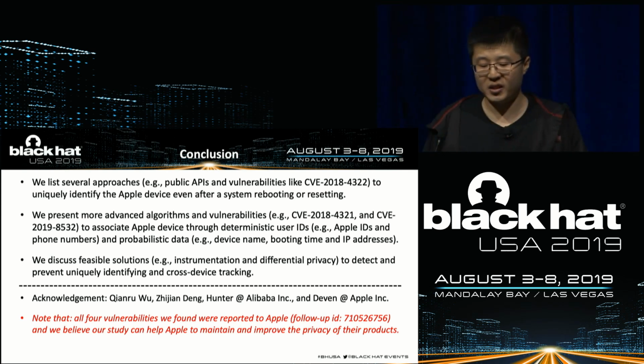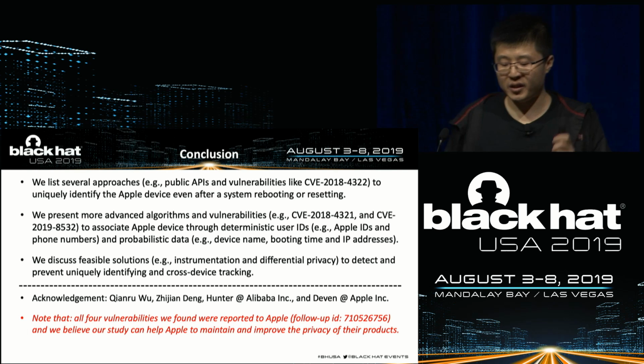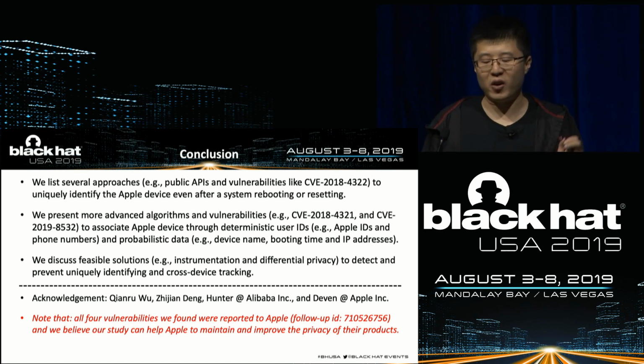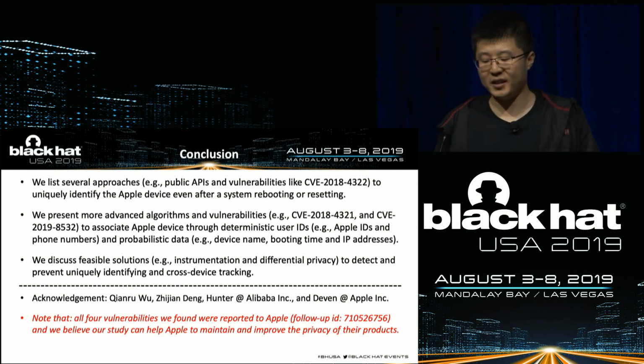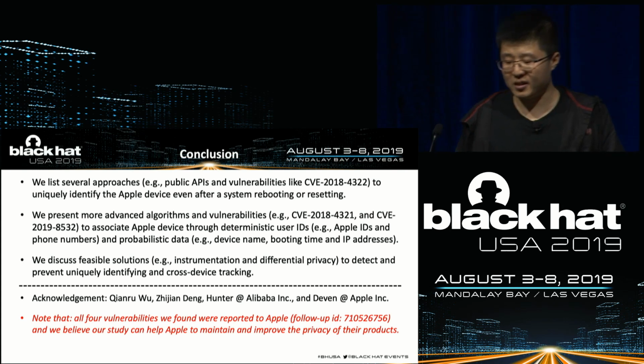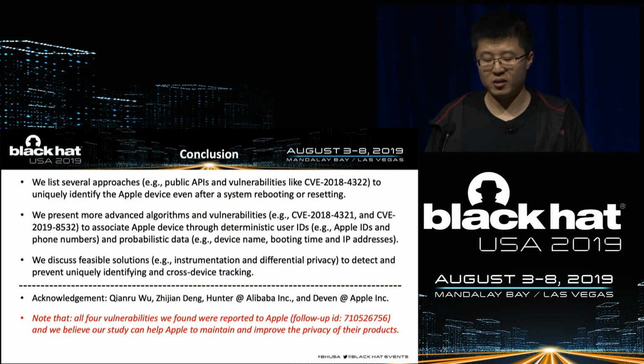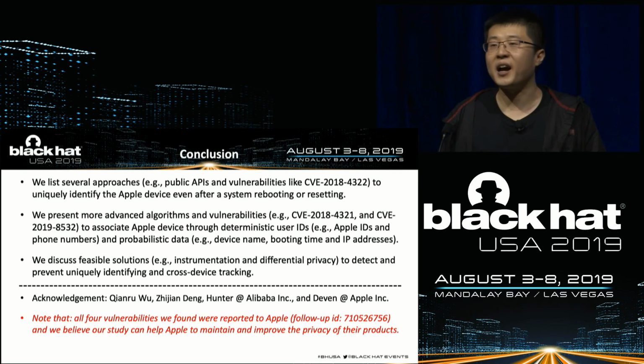Secondly, we present more advanced algorithms and vulnerabilities to associate Apple devices through deterministic user IDs, for example, Apple IDs and phone numbers. Then we talk about probabilistic data, for example, device IDs, coordination information, and IP addresses to do the device link. Thirdly, we discuss feasible solutions, for instance, instrumentation and differential privacy to detect and prevent unique identification